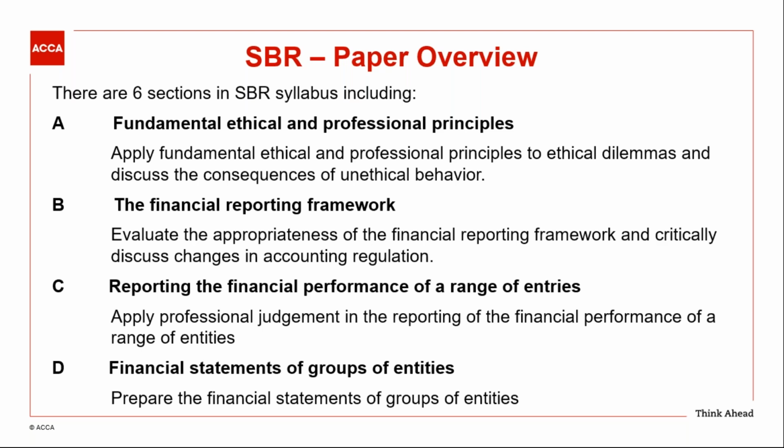So the next section, which is section C, is basically reporting the financial performance of a range of entities. You're supposed to provide your professional judgment in the reporting of the financial performance of a range of entities, how those entities have specifically performed within a financial year. So most of the time, I would say that area relates to some sort of interpretation of the